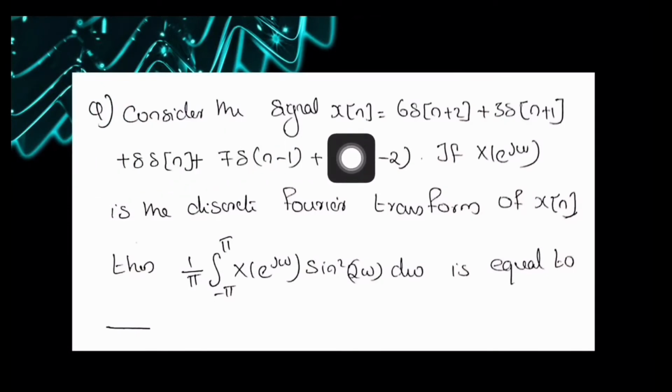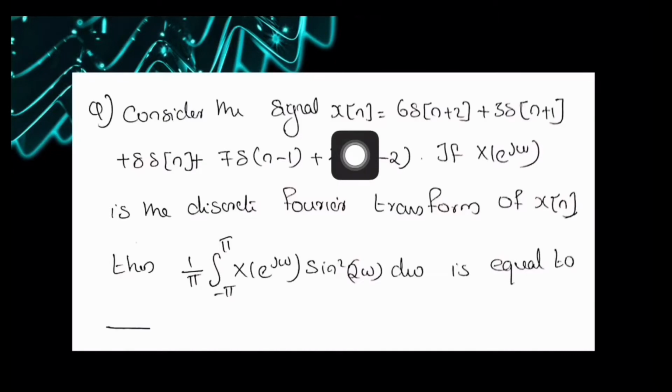Consider the signal x of n is equal to 6 del of n plus 2 plus 3 del of n plus 1 plus 8 del of n plus 7 del of n minus 1 plus 4 del of n minus 2. If x of e raised to j omega is the discrete Fourier transform of x of n, then 1 by pi integral minus pi to pi x of e raised to j omega sine square 2 omega d omega is equal to dash. Here we have a discrete time signal x of n which is expressed as sum of